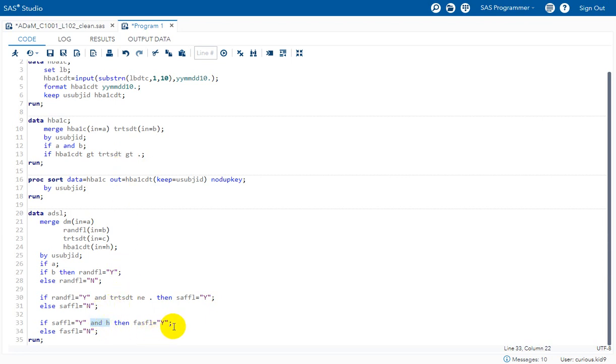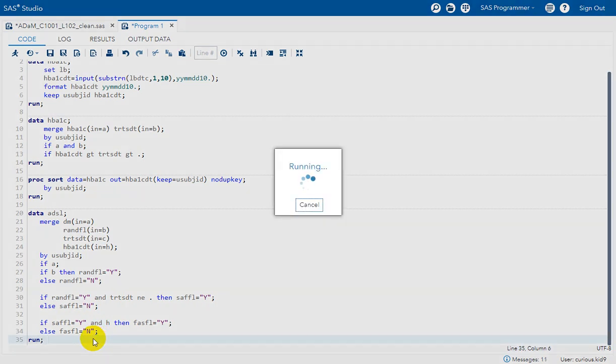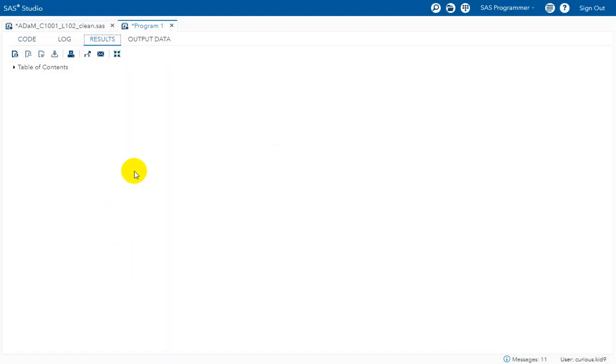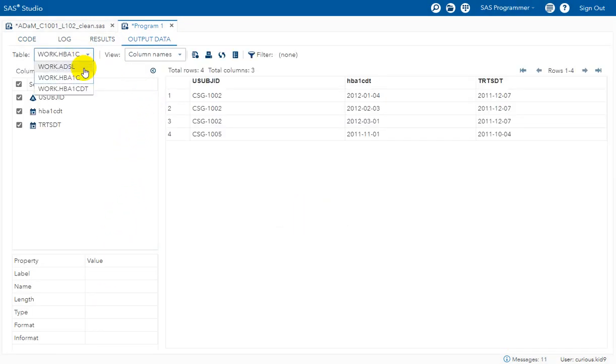For all those subjects, we are populating FASFL as Y, and for the other subjects, we are populating FASFL as N. So let us run this piece of code